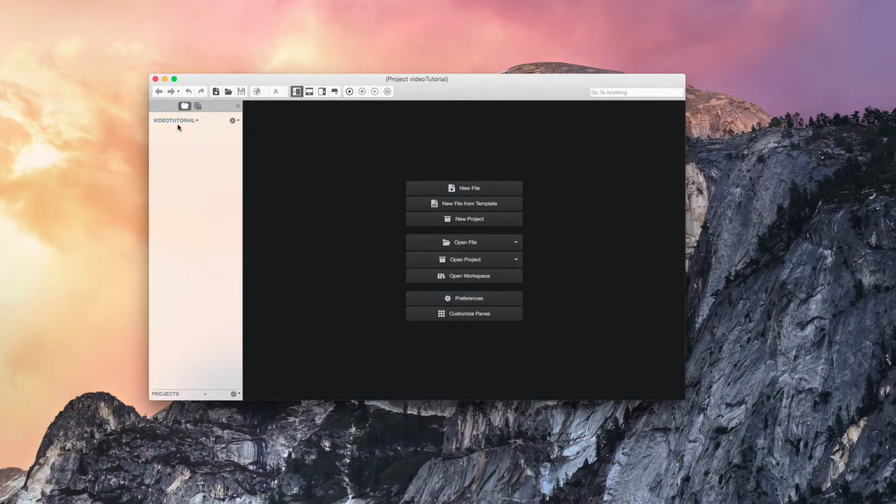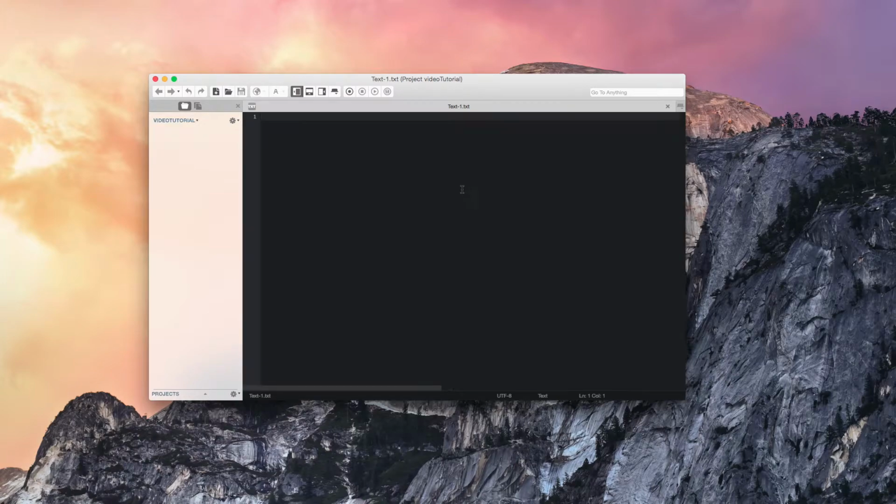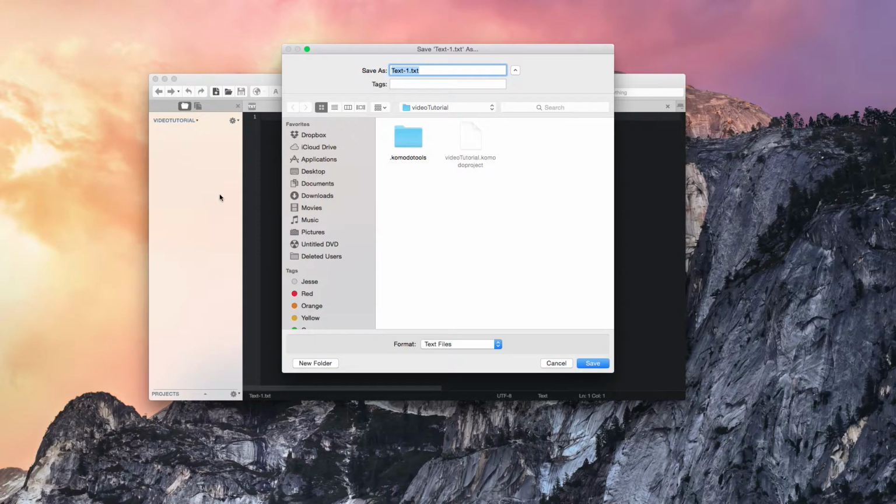So you'll notice over here on the left side of Komodo Edit, it has my project over here. And the next thing we need to do is create a file. So we're going to create an HTML web page. So what we need to do is create an actual HTML page. So I'm going to hit new file. And when I do that, you'll notice that the file name is text-1.txt. Well, what we need to do is rename this file. So I'm going to do save as, and I'm going to call this